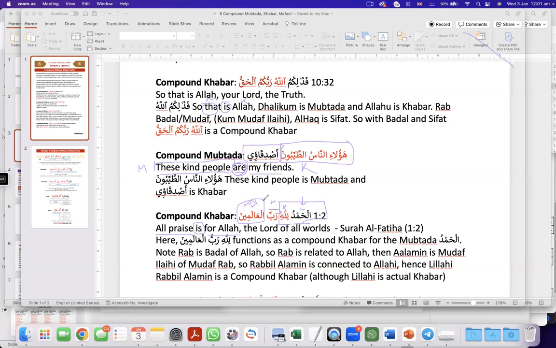No, you can't. This is a verse from Allah. We are analyzing that. Grammarians, all experts have done it the way we are just talking here. This is connected to that. Mudaf ilayh. This is connected to this, and this is connected to this. So whatever is the status of that, this is all now becoming a compound khabar because lillah is khabar. These are attached with that. So this is compound khabar. Take 30 seconds. Think about it, everyone.